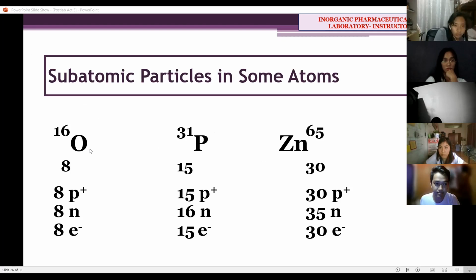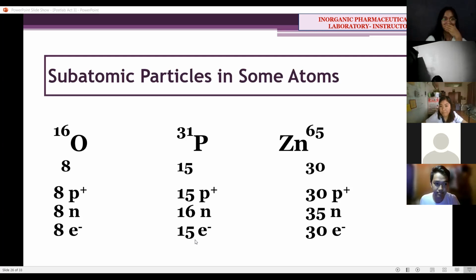So just like this, oxygen, 16, 8. So syempre, you have 8 protons. Wala man siya charge, so 8 po ang electrons. And then 16 minus 8, syempre, we'll get the number of neutrons. That is also true for phosphorus, 31, 15. 15 ang protons, 15 po ang electrons kasi walang charge. So 31 minus 15 is 16, so that is the number of neutrons. That is also true for zinc, pero mali ang pagkasulat, dapat na siya diri sa left side. So we have here 30 protons, the same thing with the electrons, and 65 minus 30 is 35. That's the number of neutrons.